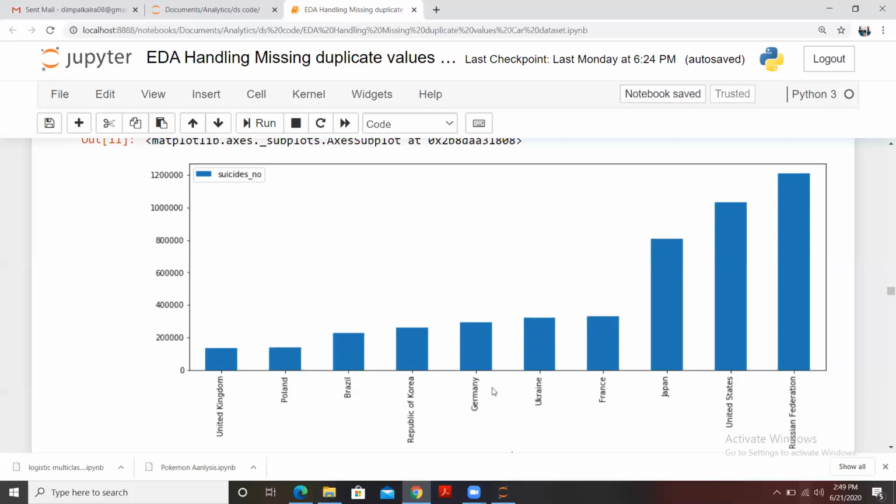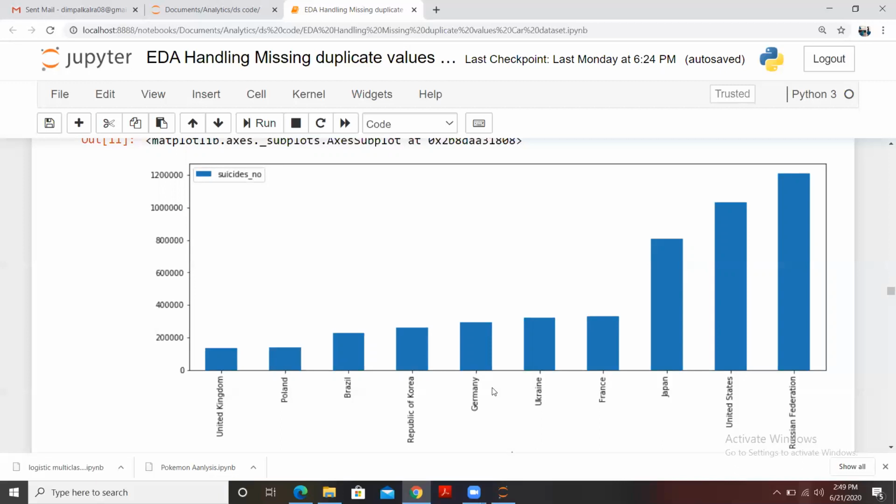Now let's say you want to group the data based on different sort of records, into ascending or descending order. We have those options available as well. Let's say you want to create a bar plot to check the number of suicides by bottom countries, so you can simply use ascending equals True, and then plot your graph. In case you have any problem, I can help you out with that. So you use different strategies to do that.